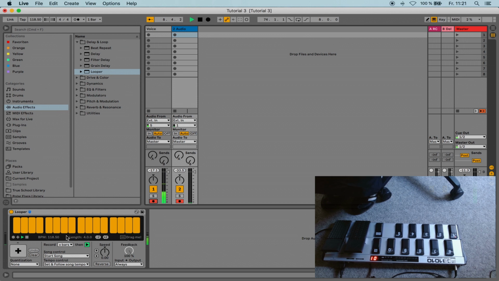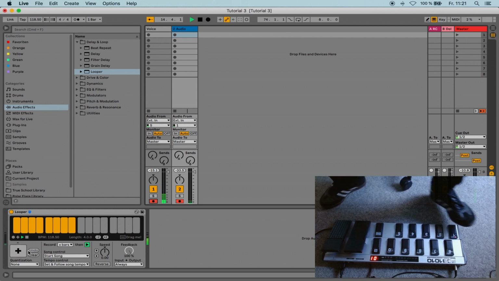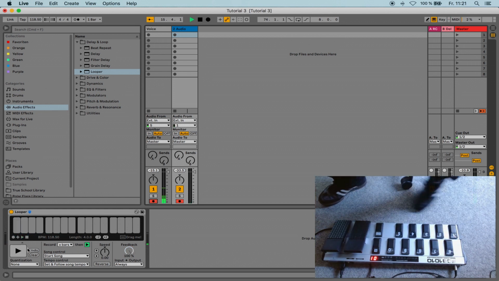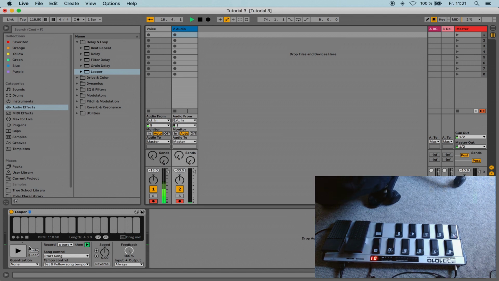And you see here the tempo of the looper and the tempo here in my project is the same. Okay, that's one way to loop in Ableton,